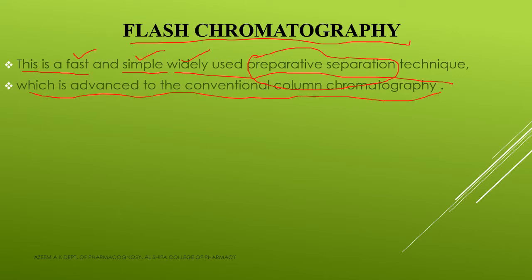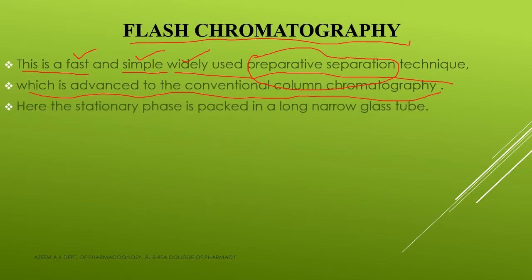In column chromatography, we already studied that there is a long column. Then inside this, some column grade adsorbents are there. The sample is placed from the top of the column. Then by gradient elution or with the help of a non-solvent, the elution can be done. Clear? And fractions can be collected from the bottom, and after recovering, means removing the solvent, the dried extract, means isolate, can be stored. Clear? And every time you have to monitor by thin layer chromatographic studies. So this flash chromatography is also an advanced version of the conventional column chromatography.